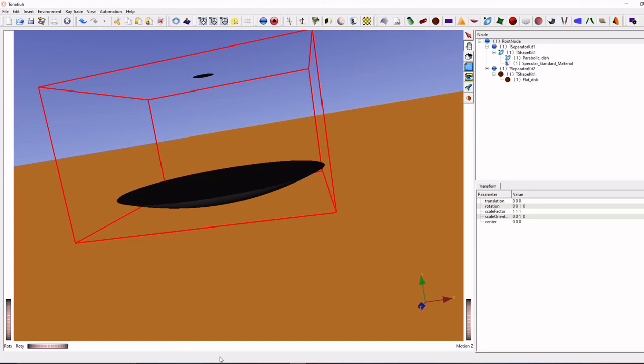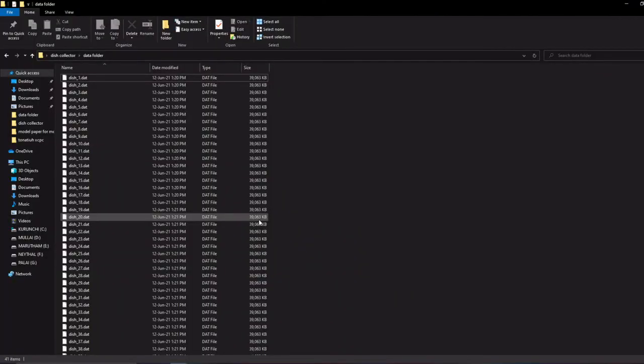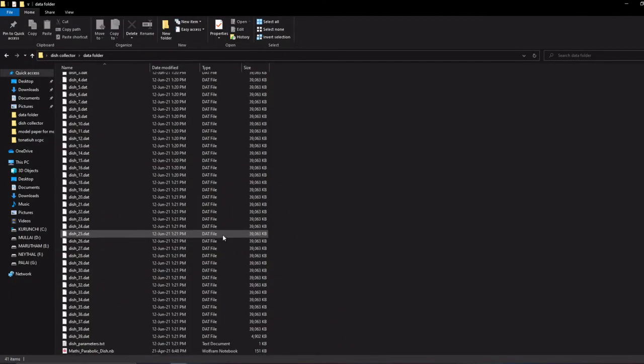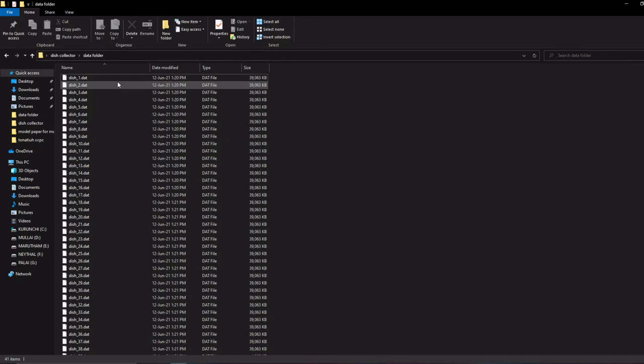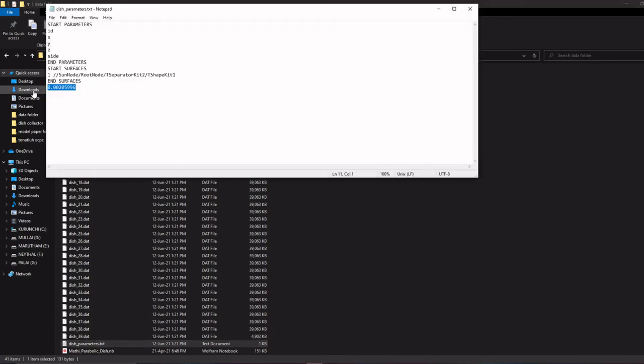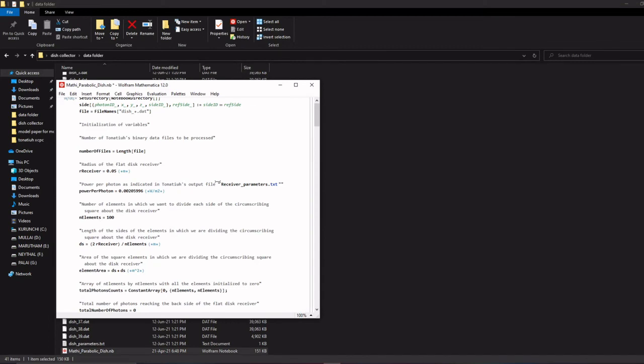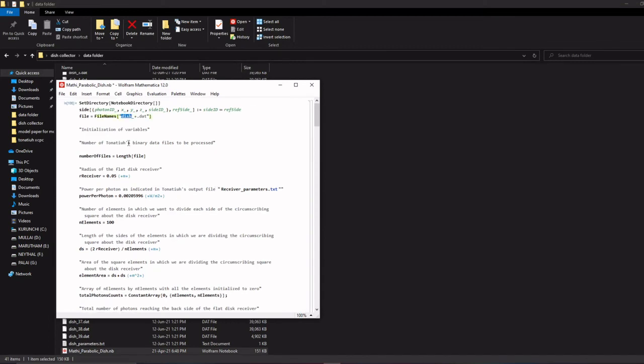Once it is done, open your folder. You can see I already done this file. You can see previously we got only 4 .dat files. Now you can see it's around 39 files. Now click open again this parameter and copy this value and open this Tonatiuh and again change your file name. If you change any receiver diameter, change it and change power per photon.